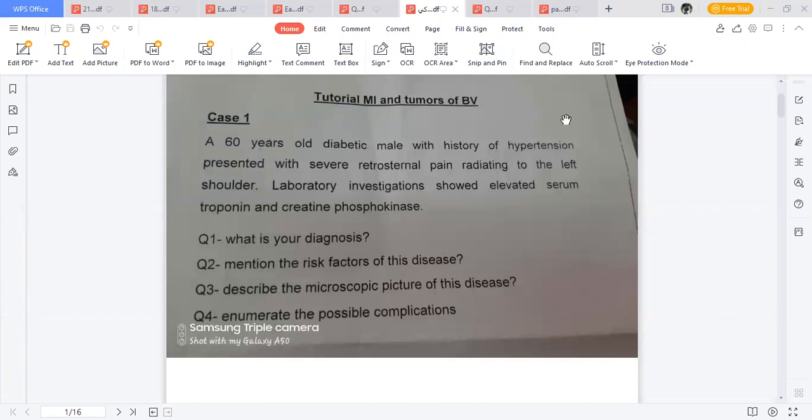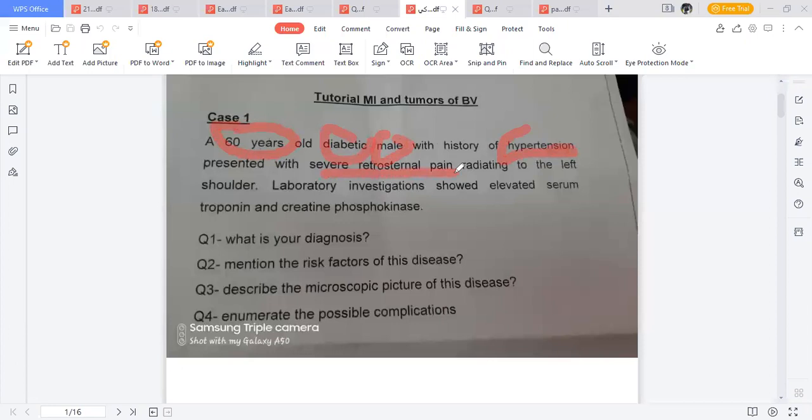All right, so we have got the first question, case number 1. Case 1, a 60-year-old diabetic male. So we need to highlight something that is important. A 60-year-old diabetic male, one diabetic and male. Those are the points that we need to take note of, with a history of hypertension, point number 4, presented with severe